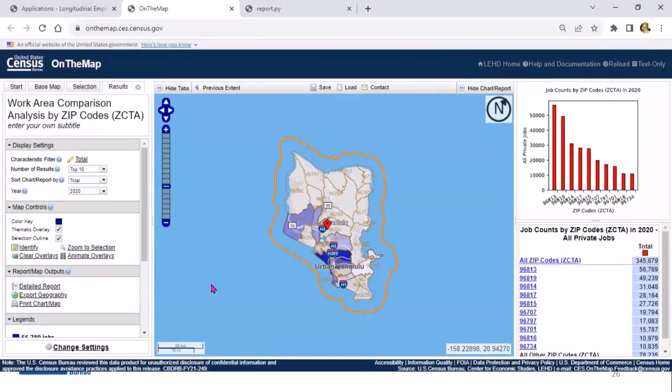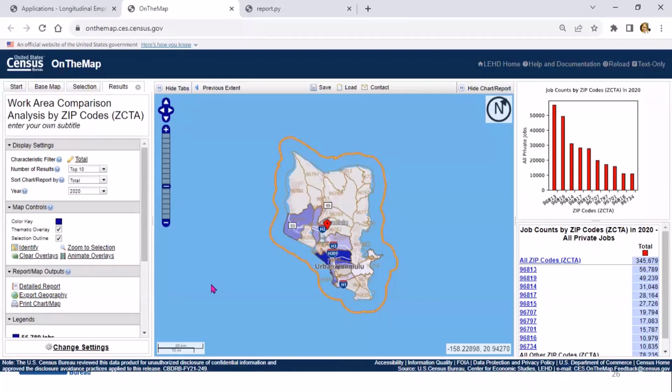I do have one more question here. Given all the work from home in 2020, how well does the data reflect where people were actually working? That's tricky. I think the easiest way to do that would be to look at the characteristics in the different industries.